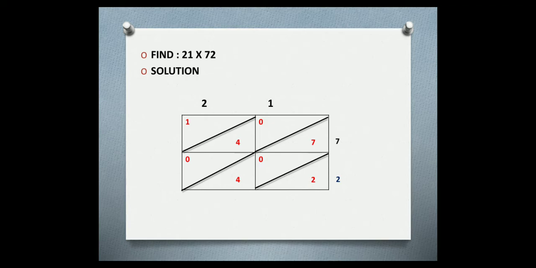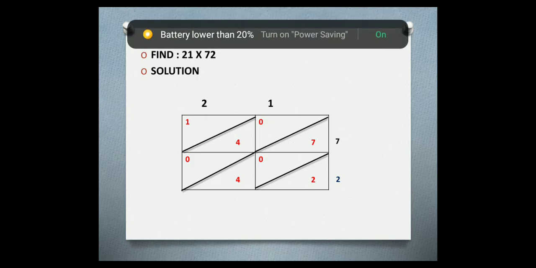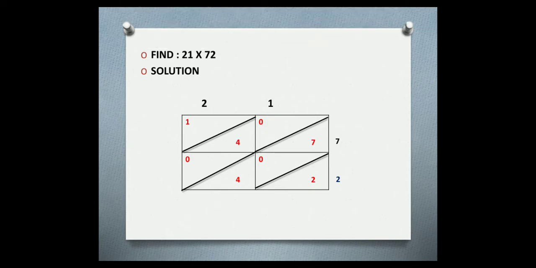So now we'll start the multiplication. Now if you see, I have 2 1, 2 digits, 7 2, 2 digits, right? Till now we had only one multiplier, so it was easy for us. Now I have two multipliers, which means what? I should be careful with my multiplication, right? So I'll start with 7. 7 into 1, what will I have? 7. So 7 at the bottom, 0 at the top. Again 7 into 2, what is my answer? 14. So 4 at the bottom, 1 at the top.